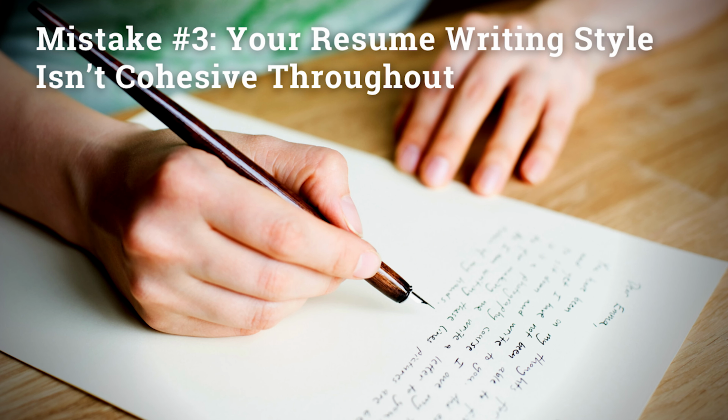The third is that your style of writing changes throughout your resume. It's a broader way of saying number one. You may have one style of writing from when you first did it 10 years ago, and then you updated it 5 years ago, and those positions have another style of writing, and then your current update based on the last 2 or 3 years has another style of writing, and it looks like you've updated it every few years and never took the time to make the whole thing one